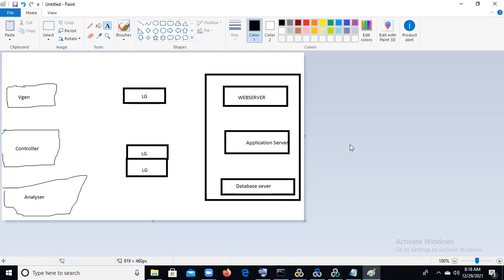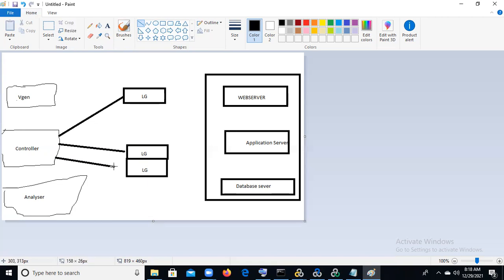Okay. So already I told, it is a controller to load generator. What is the interface between the load generator and controller? Agent process. Yes, it's correct.